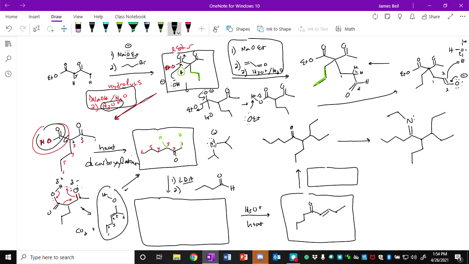That enables the LDA to selectively react more often with alpha protons that involve less sterics, because they're out on a methyl group versus a more sterically hindered secondary or even more sterically hindered tertiary carbon. So we expect the LDA to react wherever there's less sterics